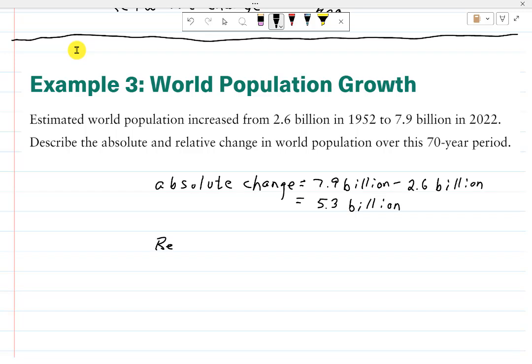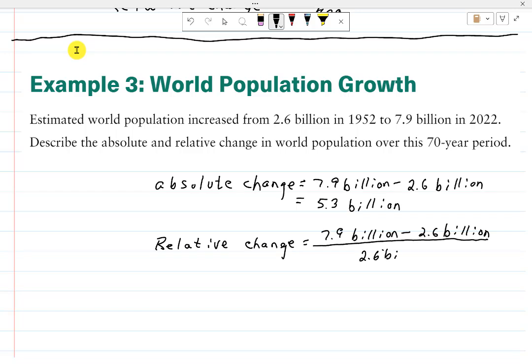And the relative change, that equals 7.9 billion minus 2.6 billion divided by 2.6 billion